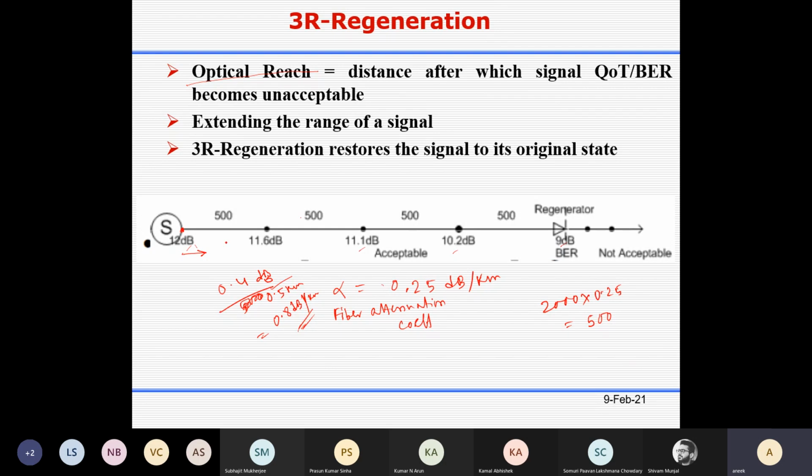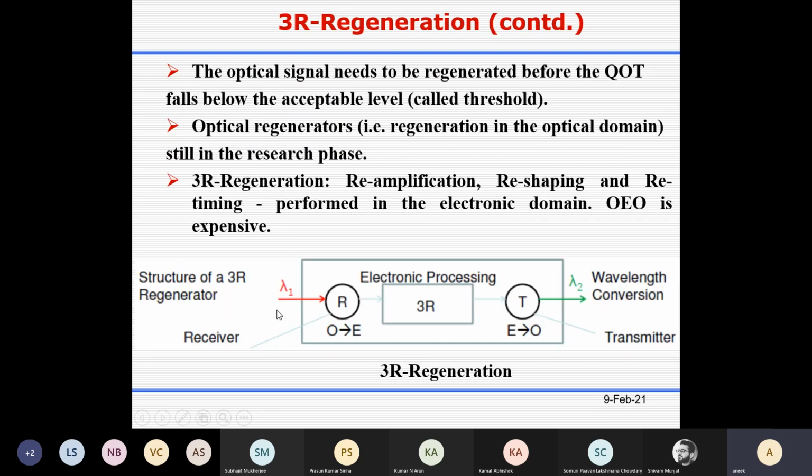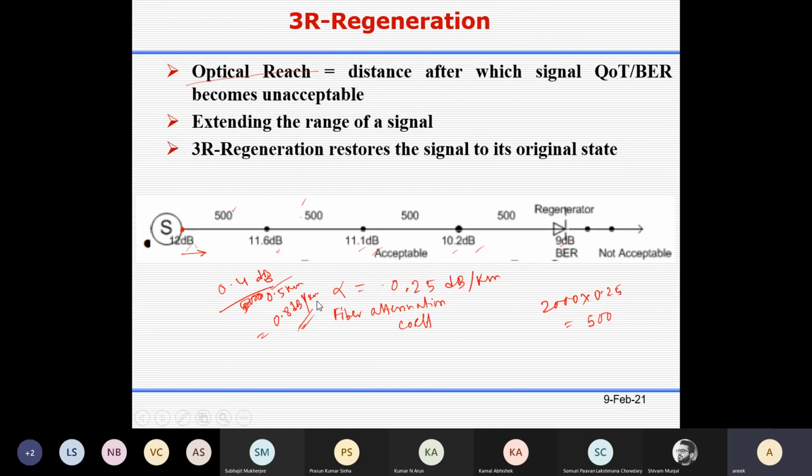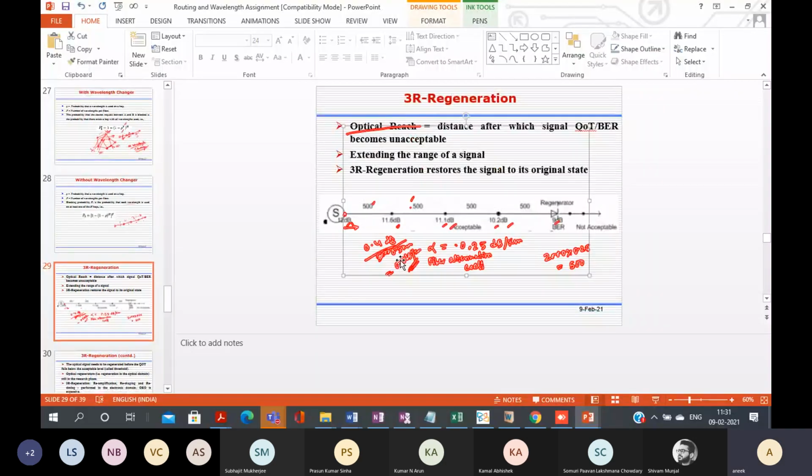What I expect is that they might have put in optical amplifiers. Maybe this is kilometer, but they put in optical amplifiers, which they have not mentioned, to maintain that if it is 500 kilometers, then the loss is only 0.4 dB, which is a very low value. So maybe they have used amplifiers, and then they can maintain that signal to noise ratio. This is just my idea, a rough calculation. I have not tried to see what is there. This is not needed.